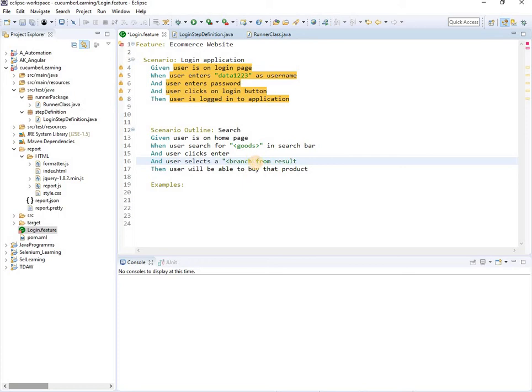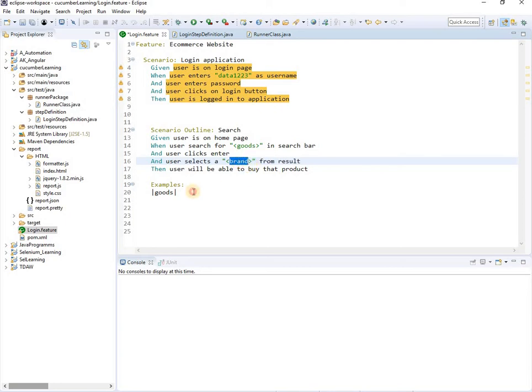Which brand? Brand could be anything, right? Now you have to use these two parameters inside the examples to pass the data, and that should be written in pipe. This pipe, okay? You can find it below the space bar, backspace, with the help of shift and that button. Goods and, sorry, this is brand, okay, not branch.